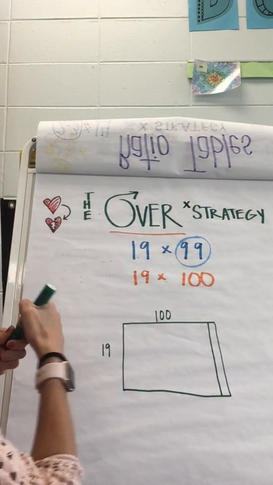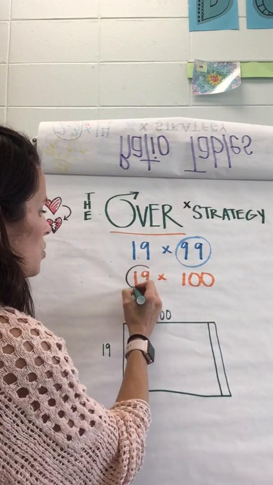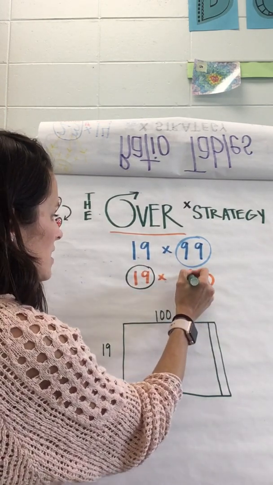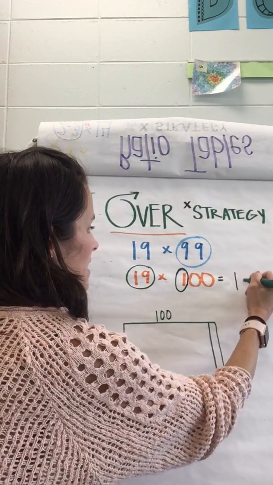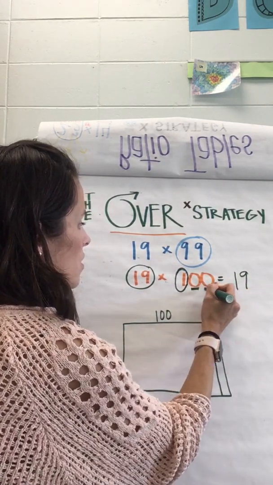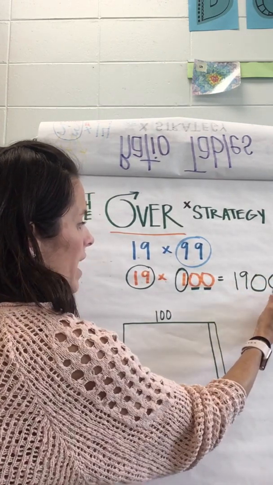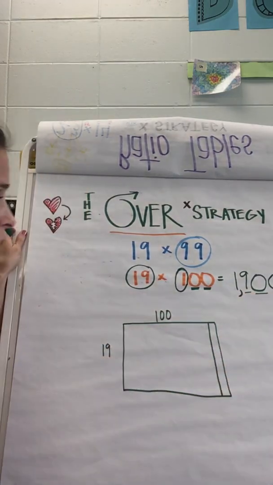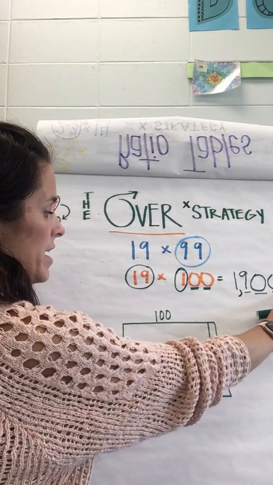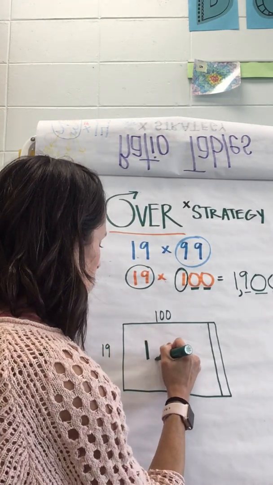Okay, so let's see. 19 times 100. If we solve that, well, we can use our basic facts. 19 times 1 is 19 with 2 zeros. And from the back you take 3 steps and you kick to put your comma. So we have 1,900. So 19 times 100 is